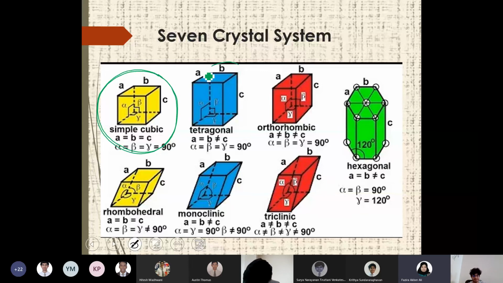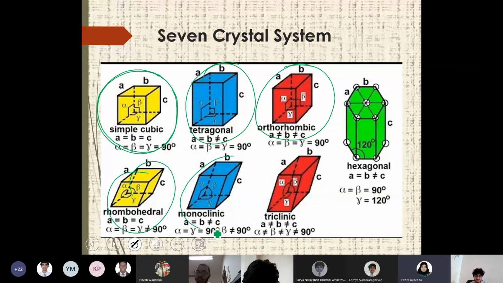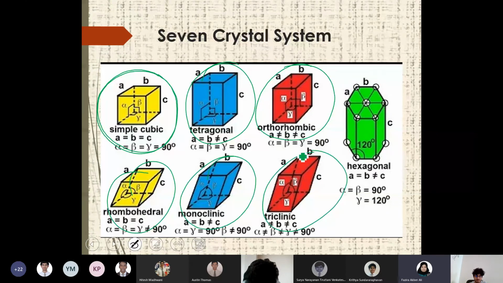Like that, it is possible for tetragonal, orthorhombic, rhombohedral, monoclinic, triclinic and hexagonal. It may not be the same number but a different number. That means we took an example of only a cube and explained the different ways it is possible to arrange particles in a simple cube. Similarly, different arrangements are possible in tetragonal, orthorhombic, triclinic, monoclinic, rhombohedral and hexagonal shapes.